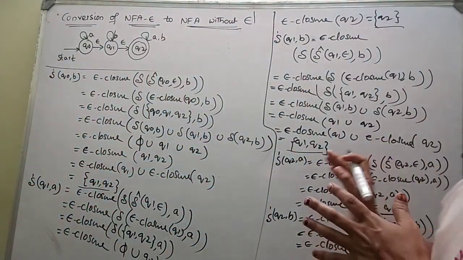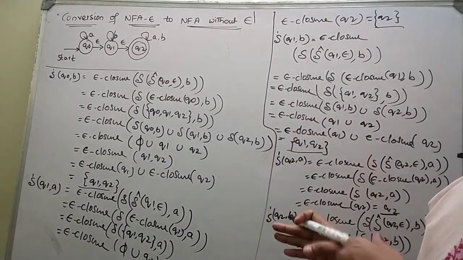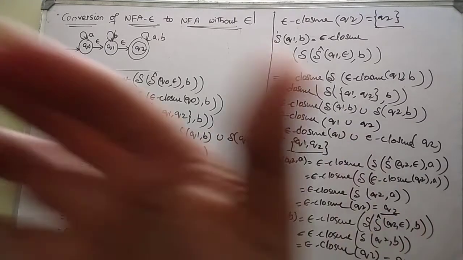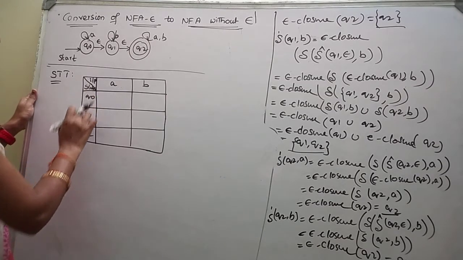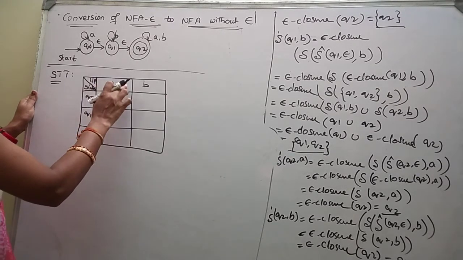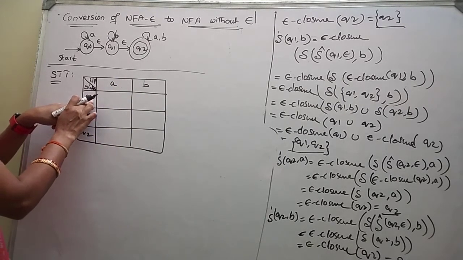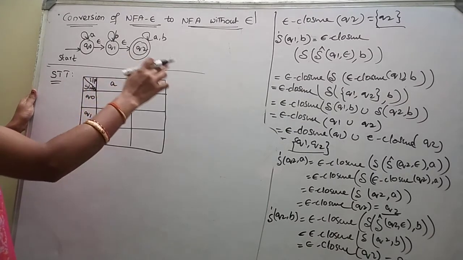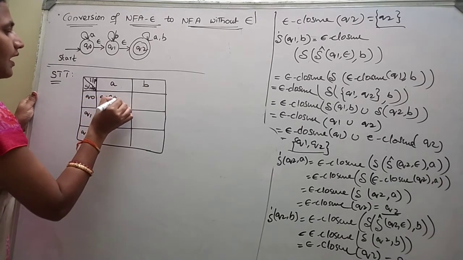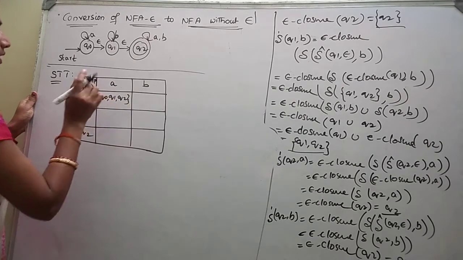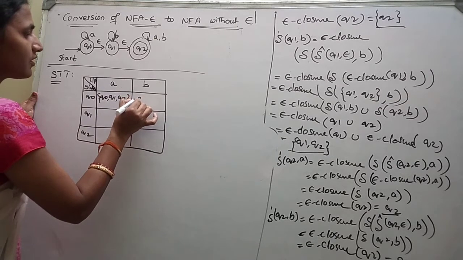Once we have computed all the transition functions for all the states, then we are supposed to construct the state transition table. In this transition table, rows are going to be represented with states and columns are going to be represented with input symbols. Now we'll see. What is delta dash of Q naught of A? That is Q naught, Q1 and Q2. Delta dash of Q naught of B, what is that? That is